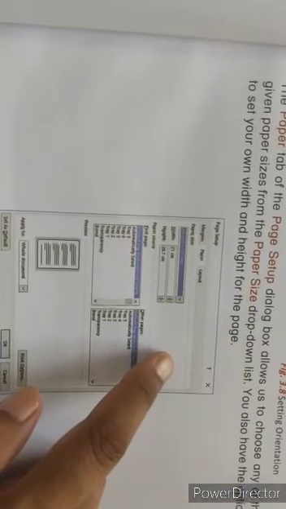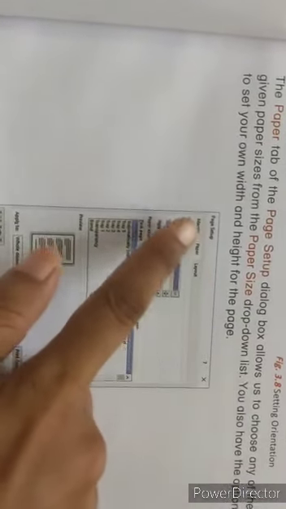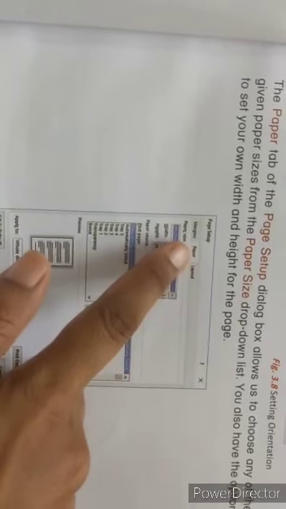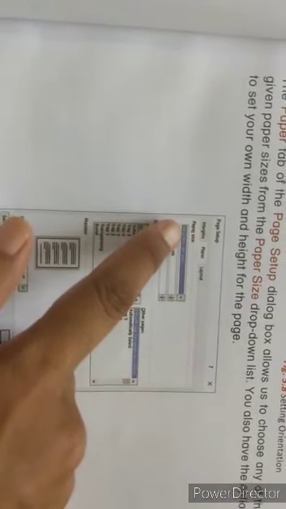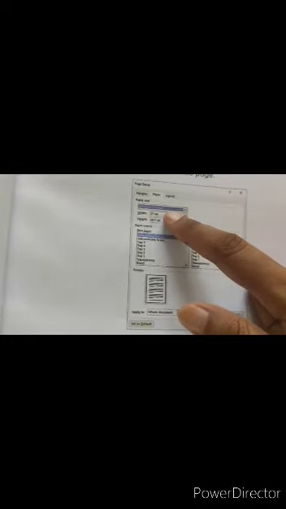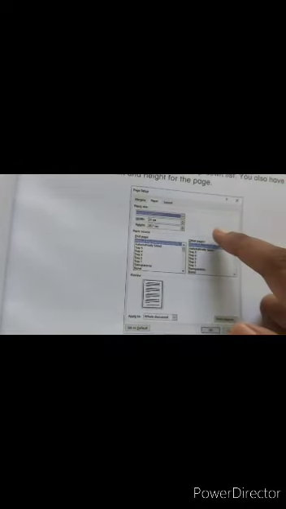You can see here page setup is there, then margin, paper and layout. For page setup, you have to go to the paper option. Children, you will not go to the margin option, we already did that in the last topic. We will go to the paper option, and there you will select the size. There is a drop down menu where you will see kinds of paper. They have selected A4 size paper. If you want A4 size, you can select A4 size also.